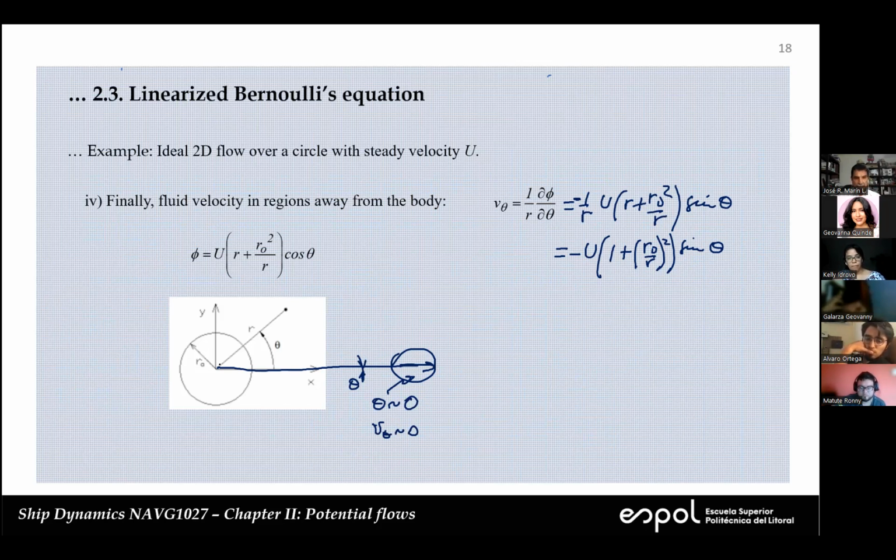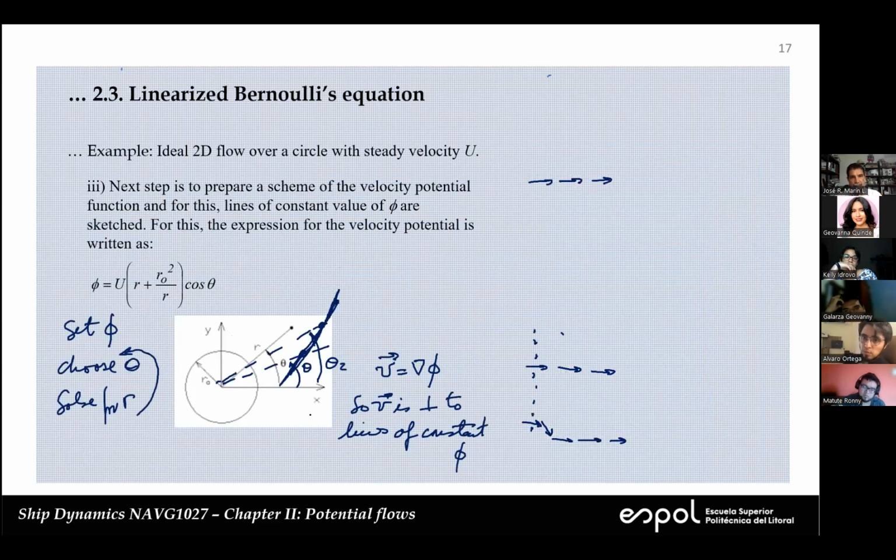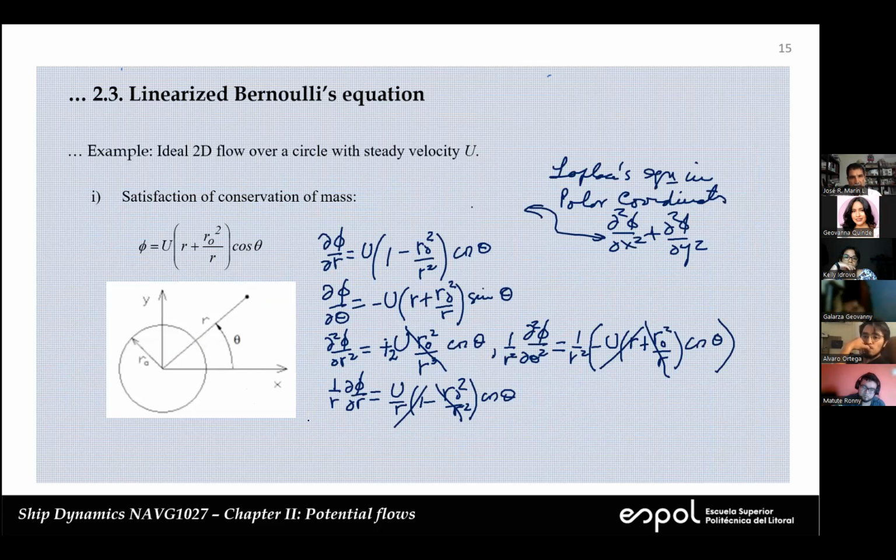Now, if we consider this point here, this is the tangential direction. And this is the radial direction. We are saying that the velocity in the tangential direction is very small. Makes sense, because we're expecting the motion to be basically to the right. Let's check with V r. And with that, we're going to finish here. U0 squared minus